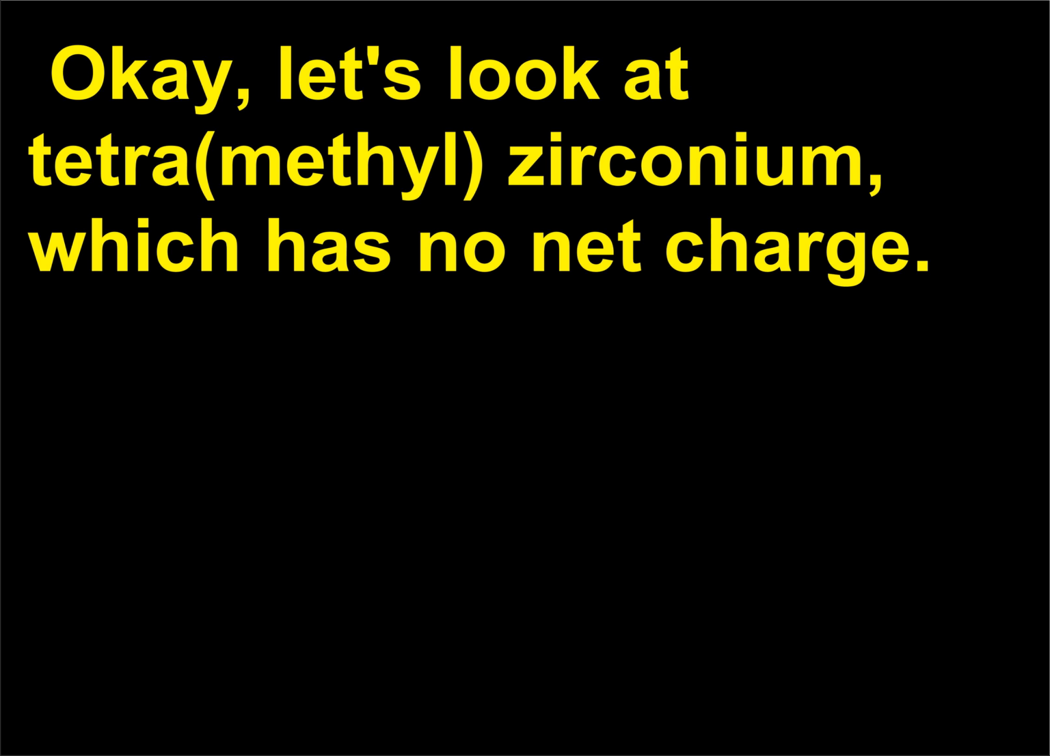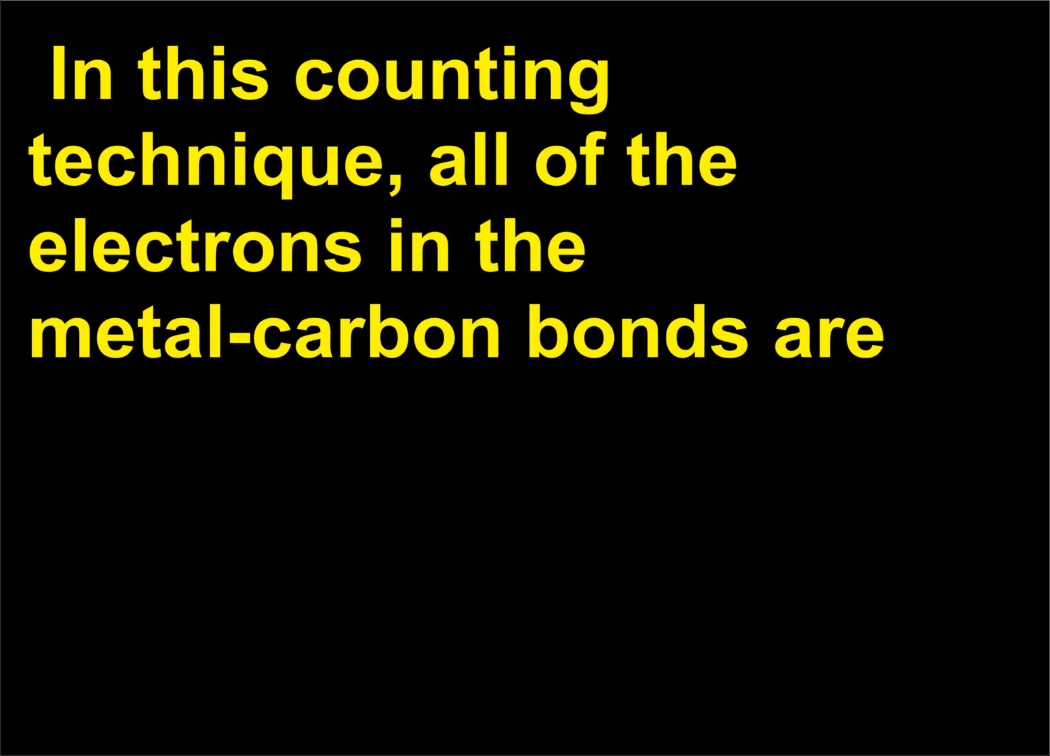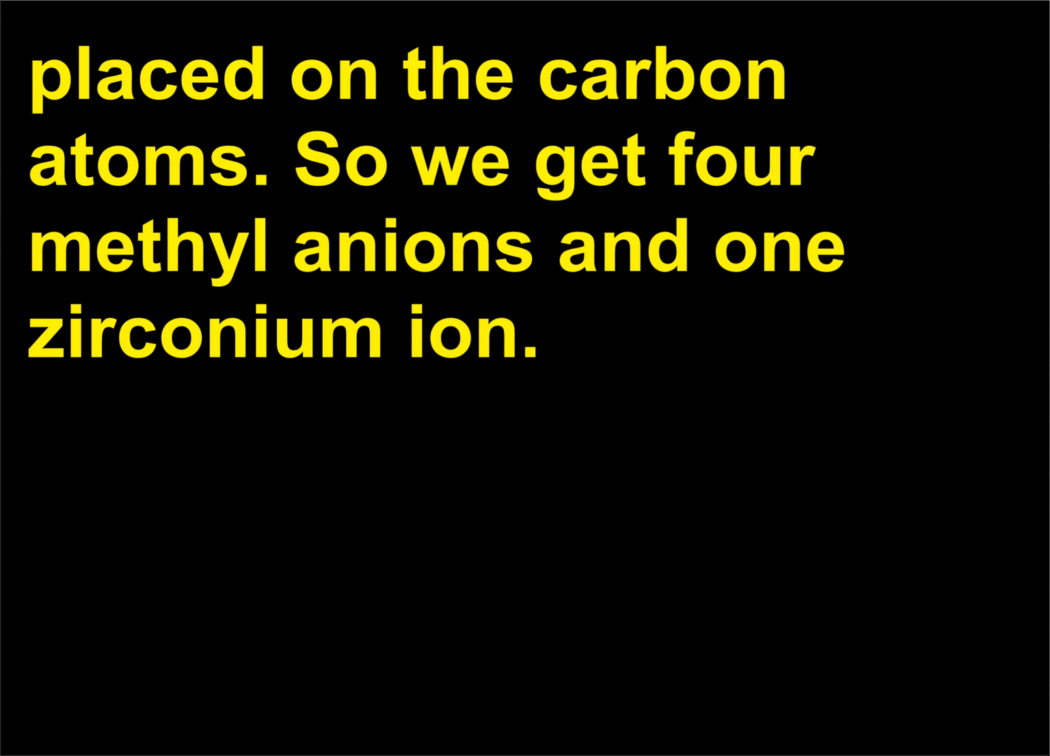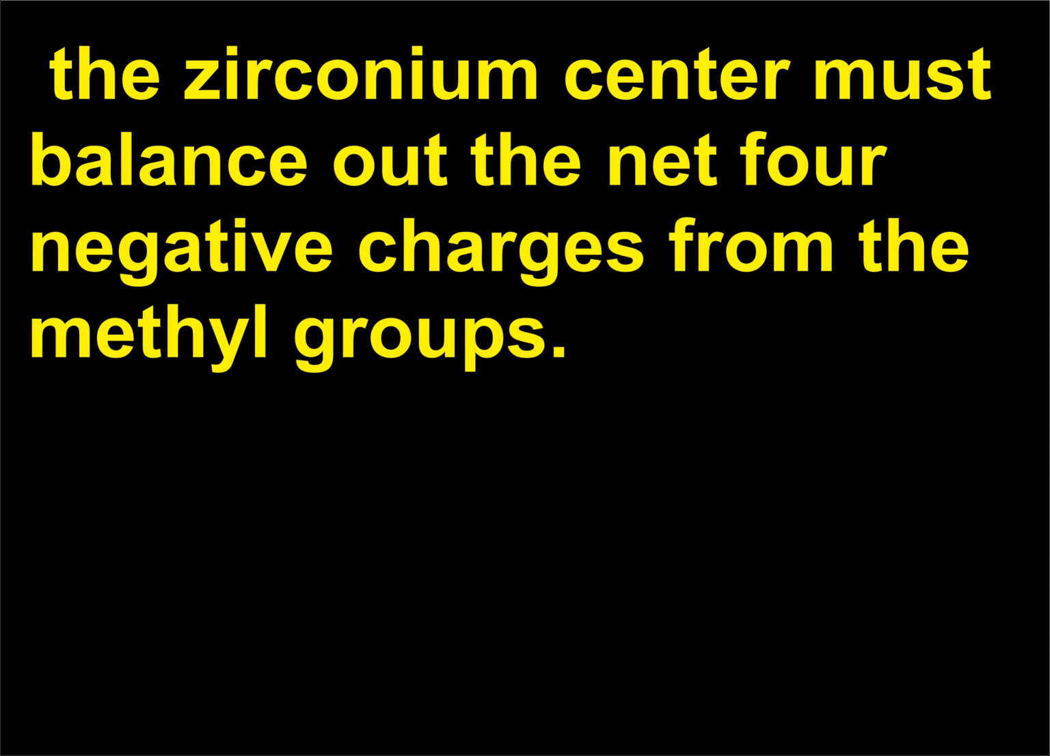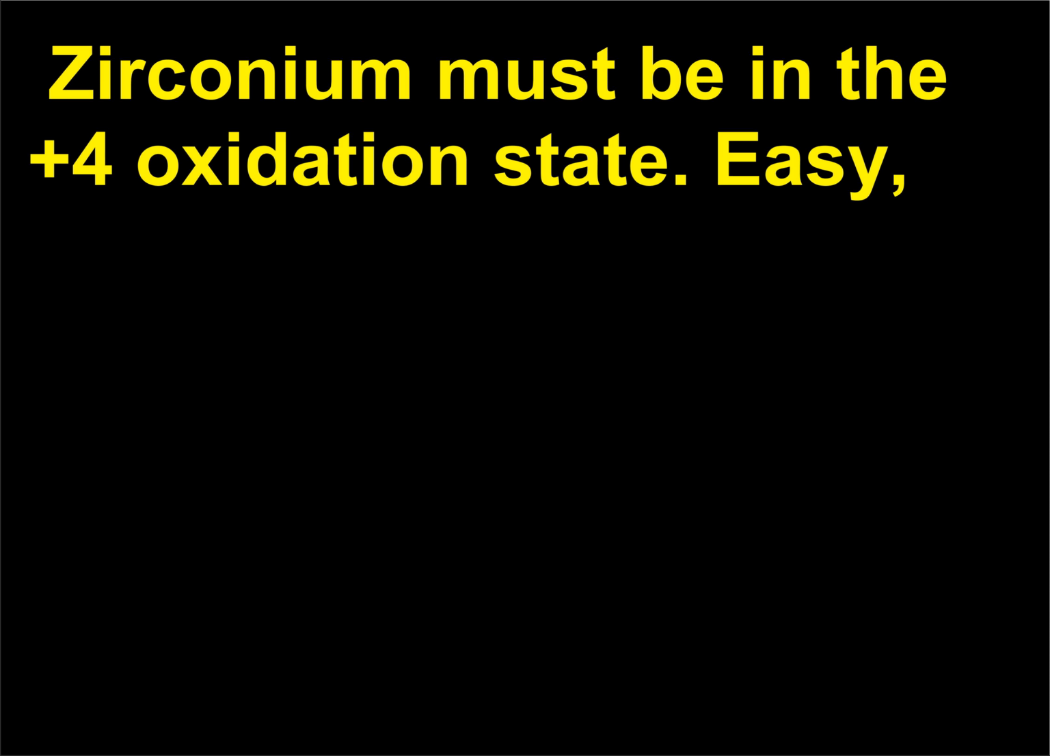Okay, let's look at tetramethylzirconium, which has no net charge. In this counting technique, all of the electrons in the metal-carbon bonds are placed on the carbon atoms. So we get 4 methyl anions and 1 zirconium ion. Since this complex has no net charge, the zirconium center must balance out the net 4 negative charges from the methyl groups. Zirconium must be in the +4 oxidation state. Easy,